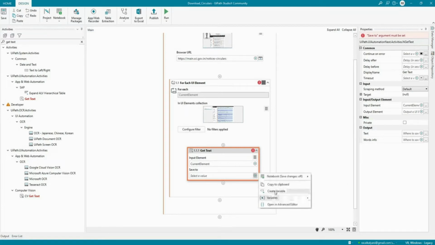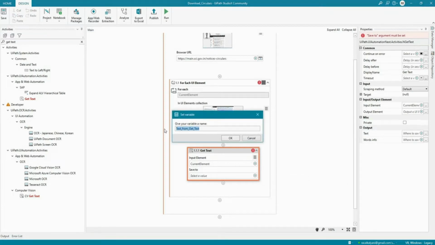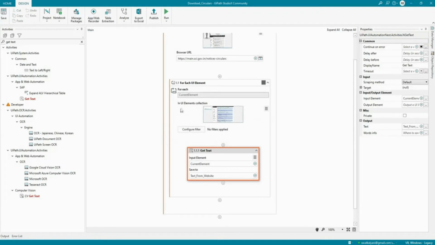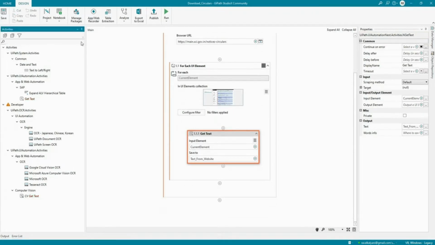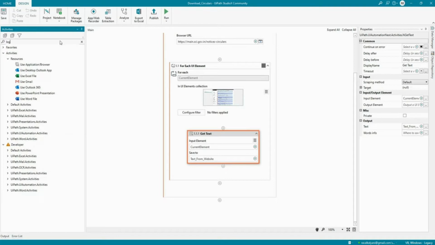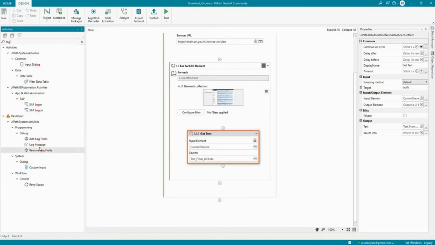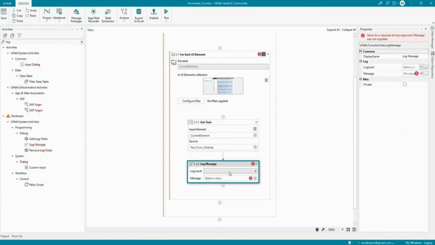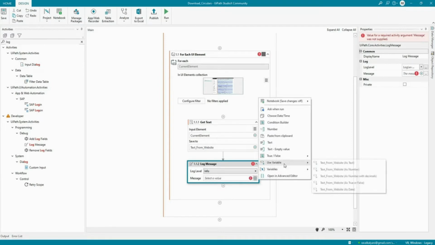And I'm going to save this as text from website. And I'm going to save it. Also, I need to understand what I am reading. So I'm going to just log the message info and I'll be marking it as use the variable text from